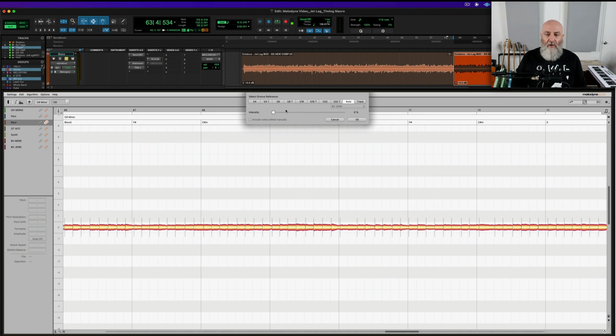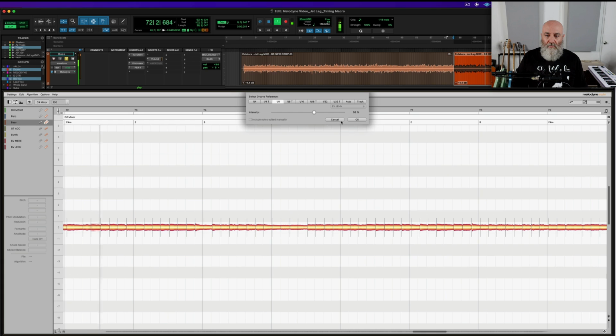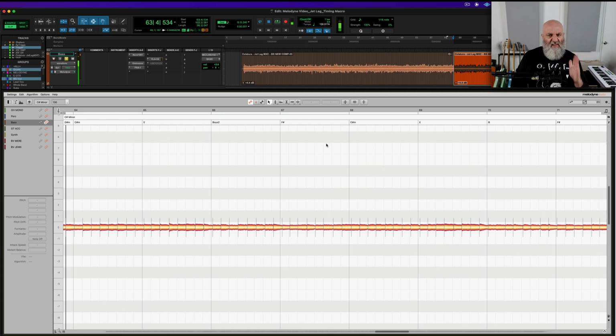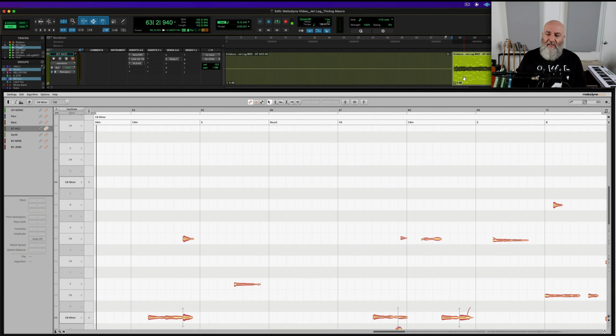Now, on this timing macro, because she's playing eighth notes, I'm going to pick eighth notes right here. Let's give this a listen. That's a little more consistent, a little more on the groove like I want that to be right there. So that's great. Next up is going to be our acoustic guitar, and let's take a look at this one